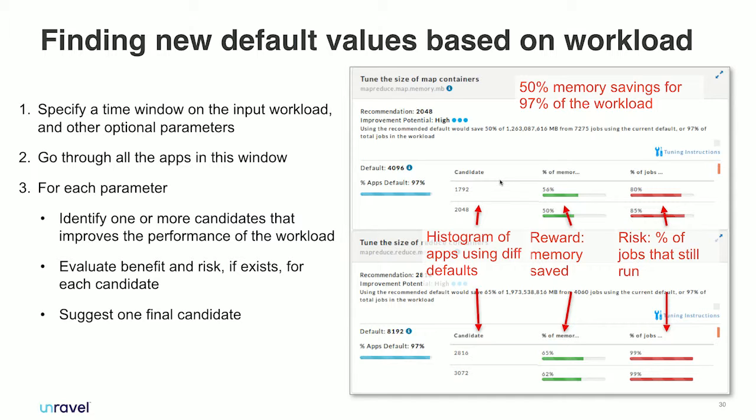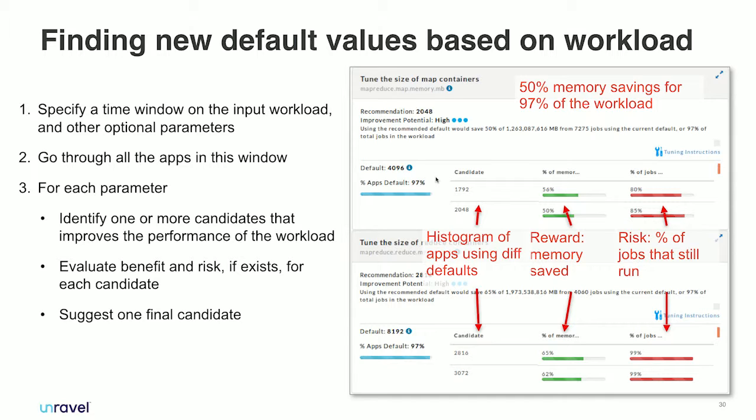The risk measurement is there to give you a sense of how many jobs from your workload would still run with this new default. So what you're seeing here, for example, is if you lower your default from 4 GB to 2 GB, then you can save about 50% of memory from 97% of the workload. 97% represents the percent of the jobs that are actually using the default, which is a very important measure you